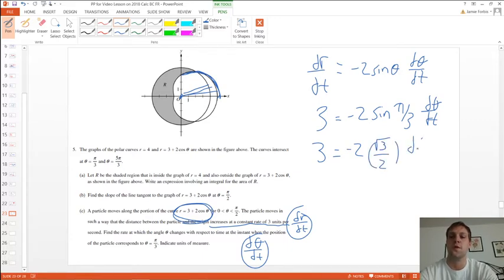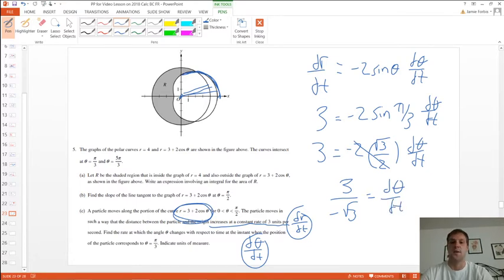And again, we're solving for d theta over dt. You notice the 2's can cancel. And then I can divide by negative root 3. So I got 3 over negative root 3 equals d theta over dt, which is fine to leave that way, but let's see, d theta over dt, that does reduce down to negative root 3 if you want to reduce it